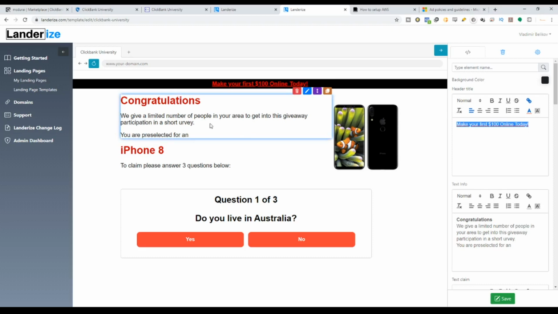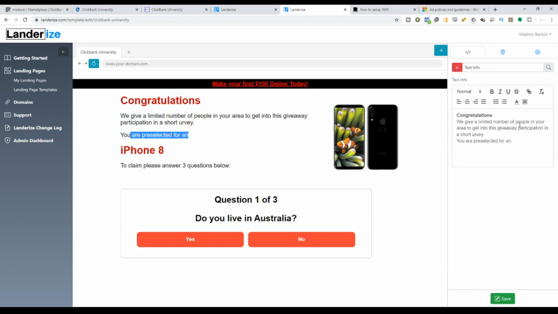So okay, let's go to the next section. So you can do that in all these sections. So let's go to the next section. Congratulations, we have a limited number of people in your area to get into this giveaway participation in a short survey. Yeah, okay, we're gonna change this. So we're gonna change it. We have a limited number of people in your area to get into this